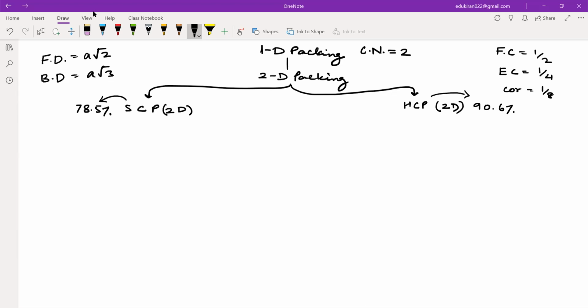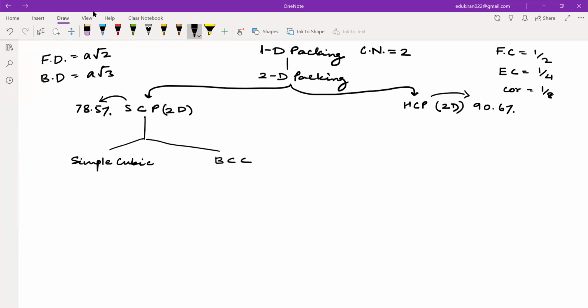After that, we went from 2D to 3D, and we saw that in 3D also we can have two different cases from square close packing. We can have either simple cubic, or we can have